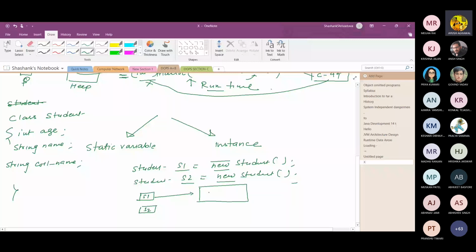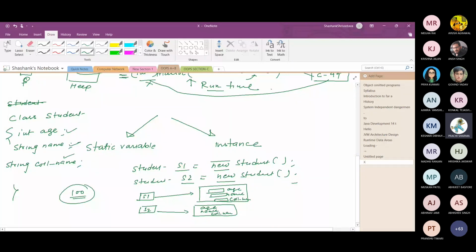Similarly for s2, memory for age, name, and college name is created. Suppose there are 100 objects. So 100 copies of age, name, and college name are created. At a particular moment s1 is created, which is referred by s1. At another moment another object is created that is referred by s2. Suppose at another instance s3, s4, s5, s6 are created. Suppose 100 objects are created.